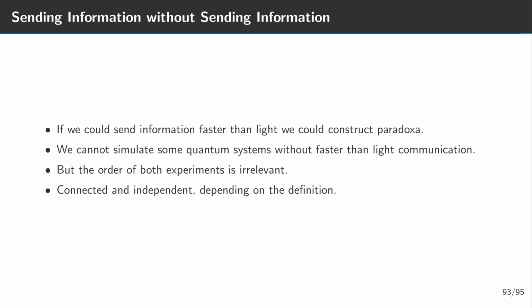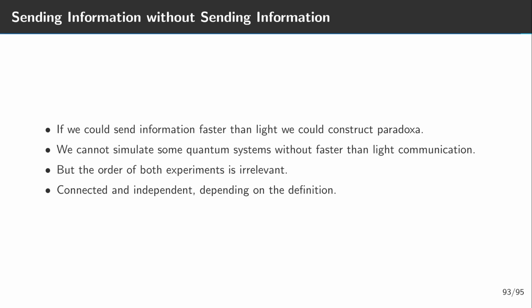It is mind-boggling how in one inertial system Alice was questioned after Bob, and Bob affected Alice. That means Bob transferred information to Alice, and in another inertial system it is the other way around. Which is why this experiment deserves the title of the most crazy experiment in physics. The fact that the order is irrelevant also implies that we cannot use this to transfer information ourselves. If you calculate the probabilities of our example, we see that the probability of measuring +1 is always 1/2, independent of what we do with the other particle.